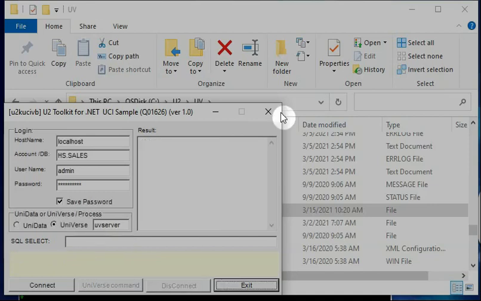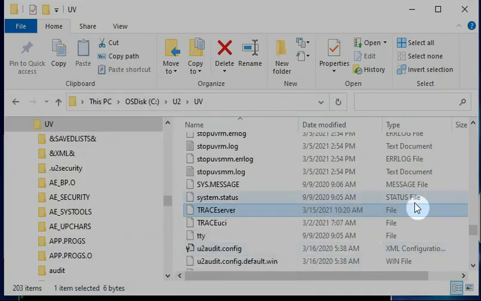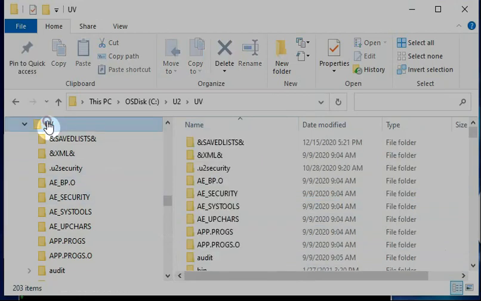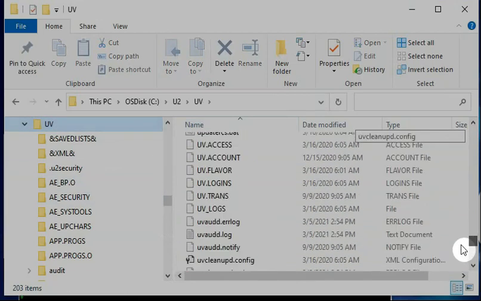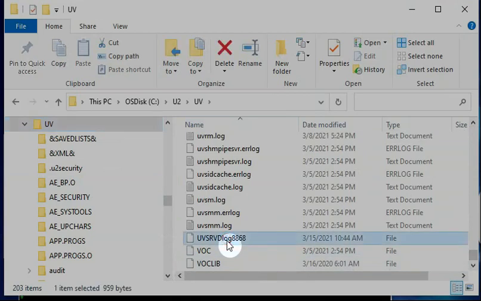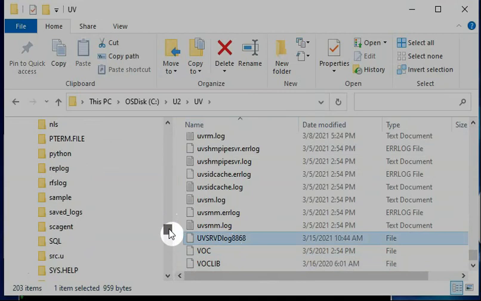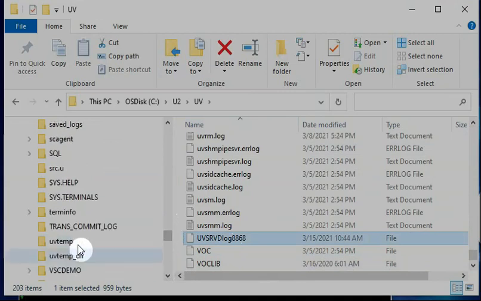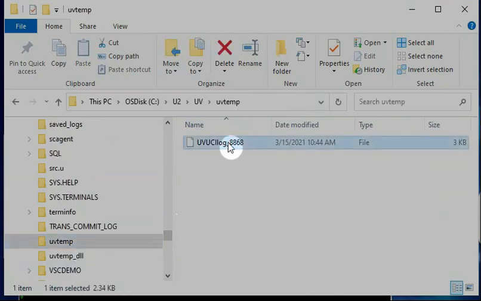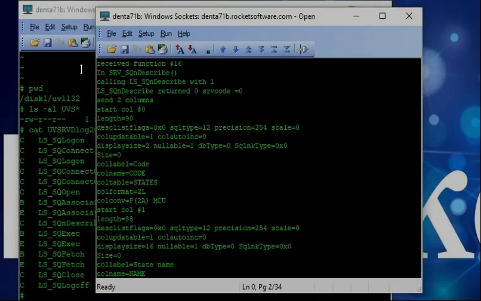So disconnect. Then go back to look at the output. On the Windows environment, you will see one called UVSRVD log, which is created by TRACEserver. Then if you look at another folder called UV10, you will see this one. This log file is created by TRACEuci. Next, we'll show you